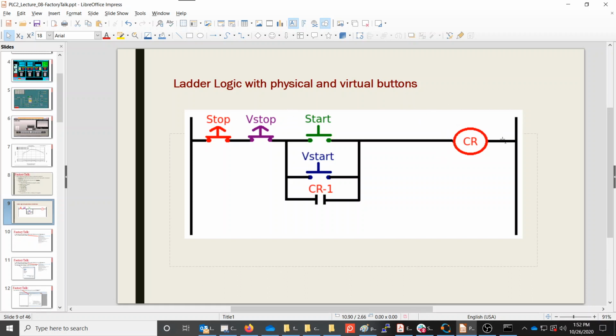Now, if you're going to add a virtual start and virtual stop to your ladder logic, this is what it should look like. You can actually have multiple stop buttons. Stop buttons, remember, are always wired in series. So notice here we've got our physical stop button, and then I'm putting in another stop button, which is going to be in series with this one. And then I have my start button, which of course is in series with my control relay or my virtual relay